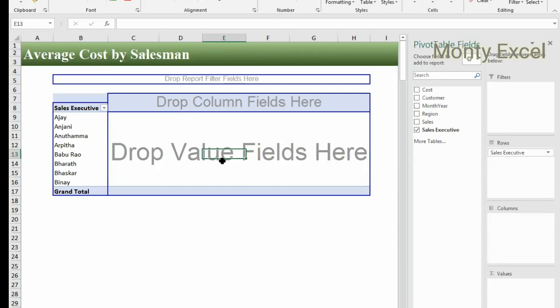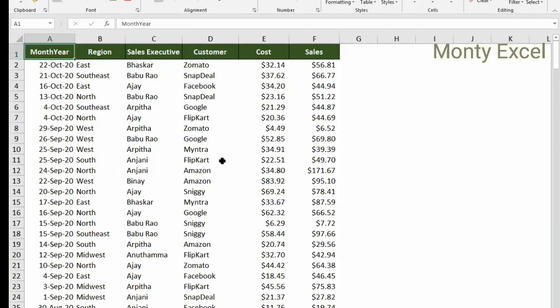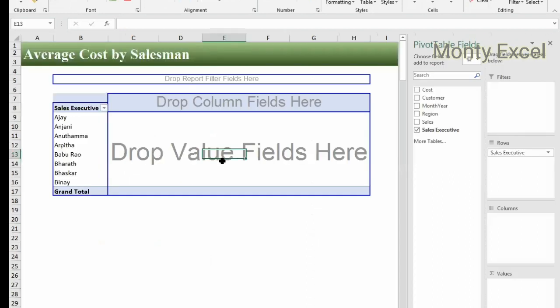So now what is the mathematical operation I'm trying to do? That is average cost. But if you look at the data, there is no average. It is a pretty straightforward number of each customer and in each region by salesman. If you want the average, I can use the average formula, but no more formulas, guys. So simply drag that average cost to the value section, because this is a value section, this is a column section,